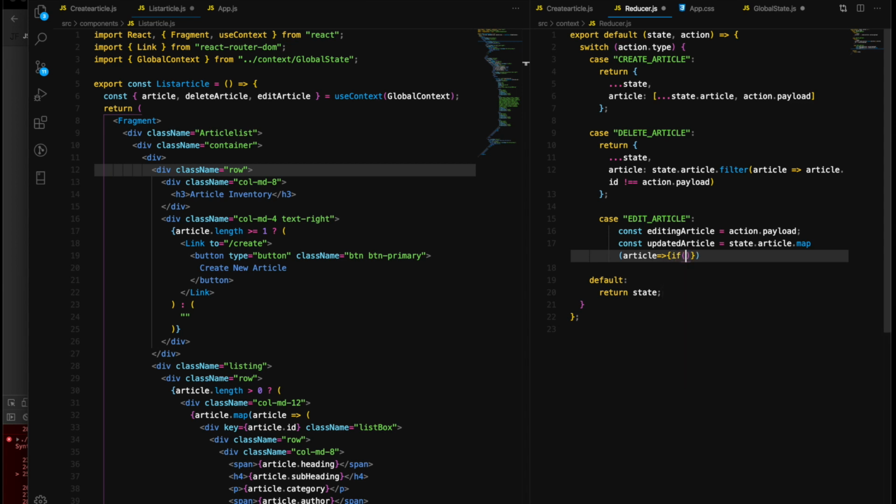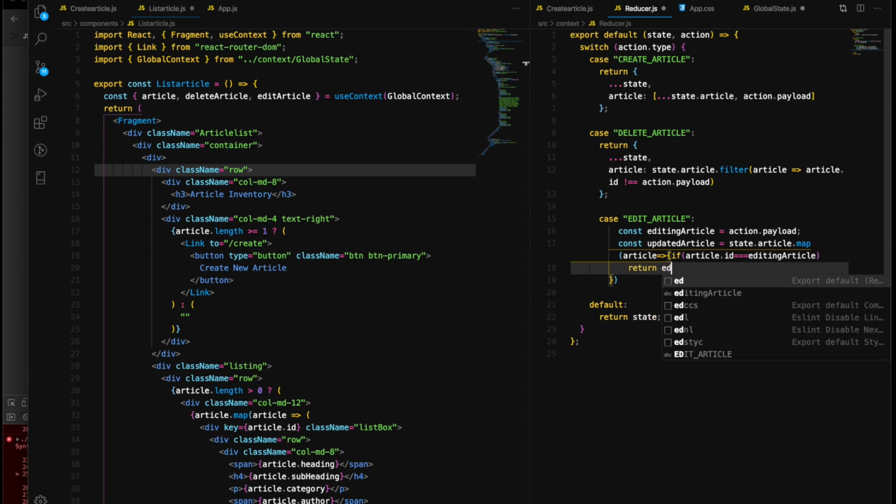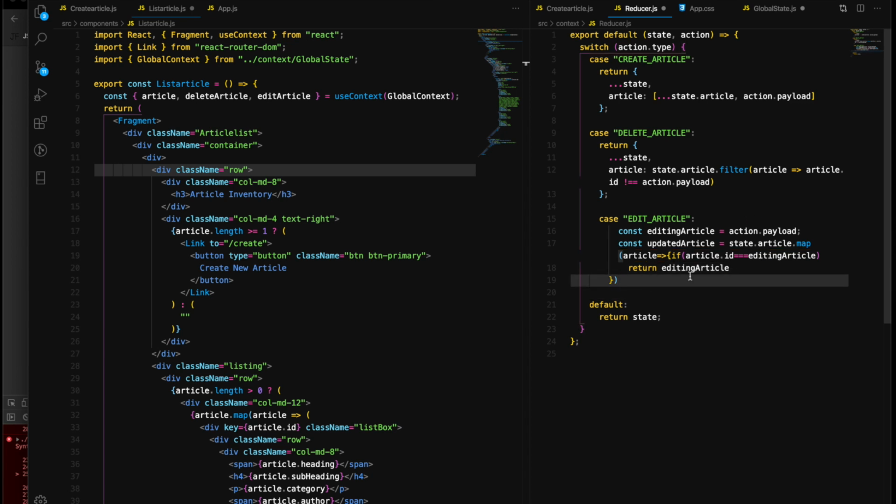For each article we will access the article ID if it's strictly is equal to the editing article that we have it from action.payload. Then we should return editing article, and by default